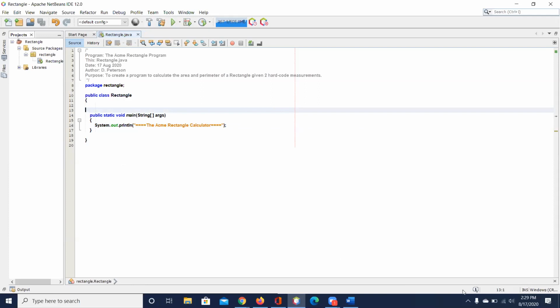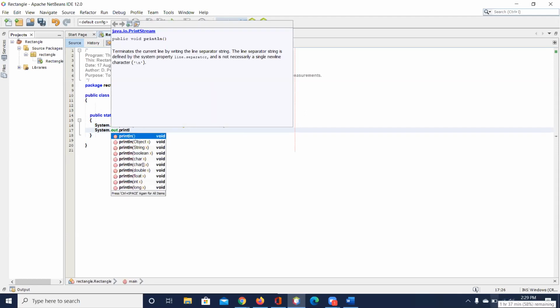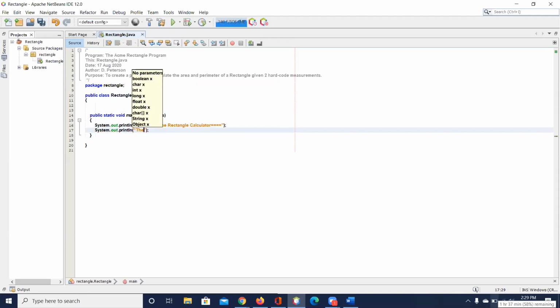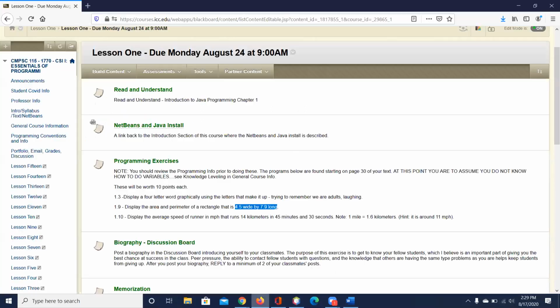If you have lots of programs running that you haven't stopped, you're going to get a box down here. Sometimes you have to stop them. You just X them out. Okay, and then we can say System.out.println, the width of the rectangle is, and then I usually use a colon like that. And what was the width of that? 4.5, whatever units, okay?